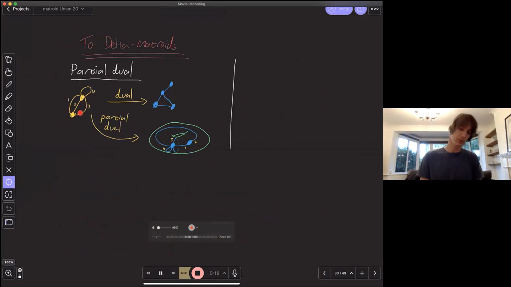But there's also a nice construction to form a partial dual. All I'm doing is taking some subset of edges. In this example, I've taken the edges 1 and 2, here and here, and I'm just dualing those edges, and I'm not dualing the other edges. And I get a new graph. It's a new graph in a surface, but the surface need no longer be the plane. So something has changed here, and it's taking you outside the world of plane graphs.